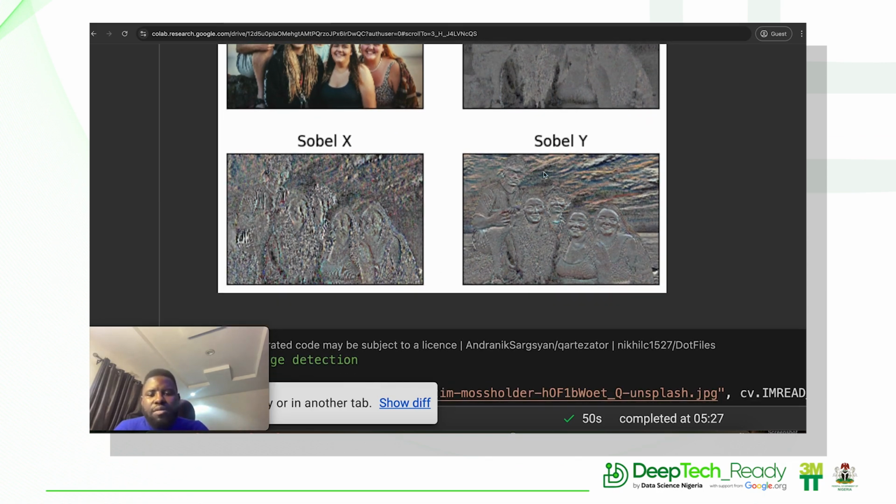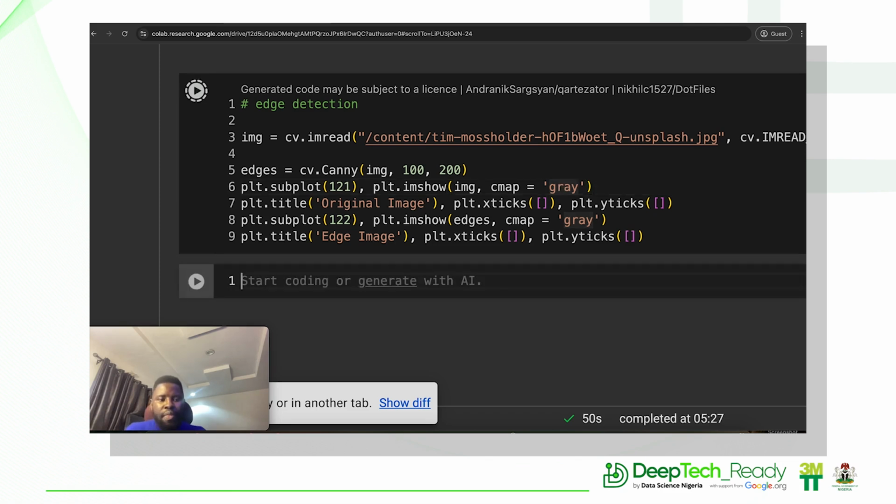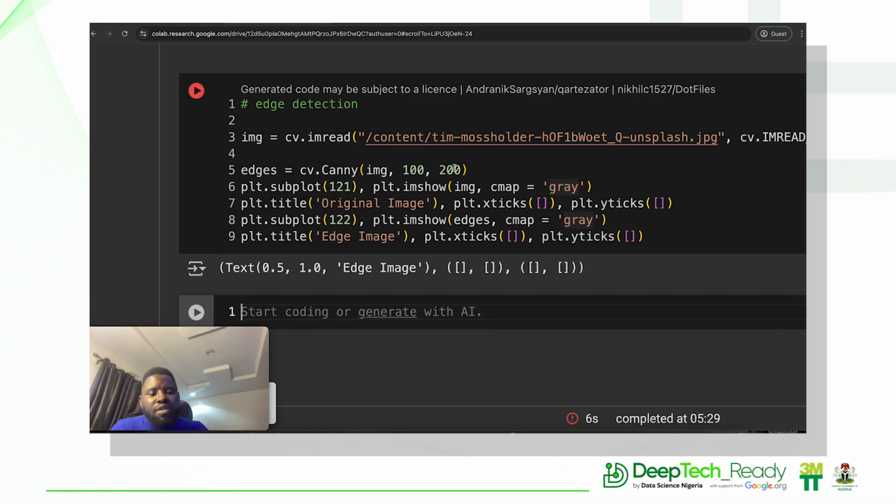Then Sobel X. This is Sobel Y. So this is the Sobel of this particular image from the x-axis, and this is the Sobel of the particular image from the y-axis. I would advise that you take more time to read more about what Sobel X and Sobel Y are. And of course, edge detection, this is what you get with respect to edge detection. So in the next video, I'm going to be talking more about how we can play around with some of these parameters,